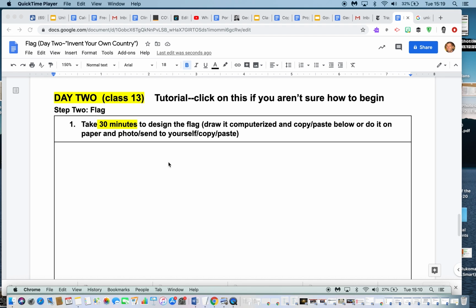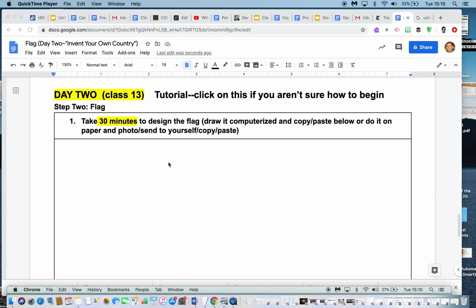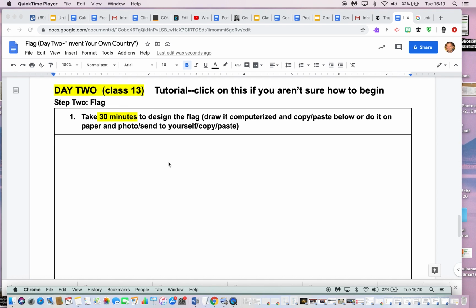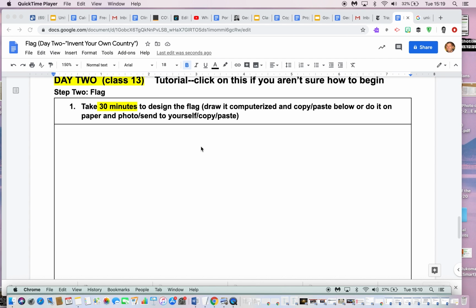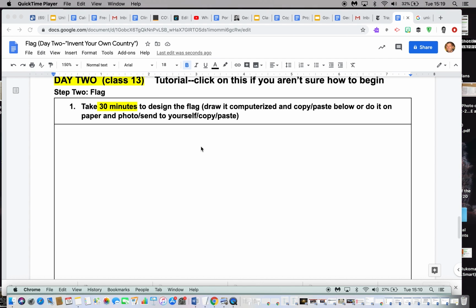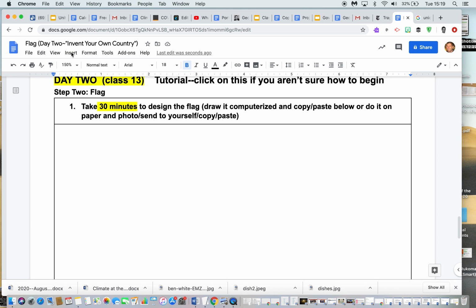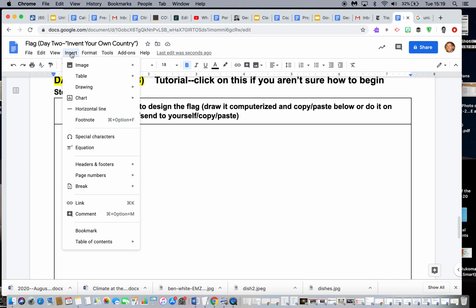We want you to take the first half of class to draw your flag. You want to think about how you want it to look, and you can do it on paper and take a picture and paste it in here if you want, but I'd recommend you use the computer itself. So if I go up just like I did when I was inserting my country on the map and choose drawing,